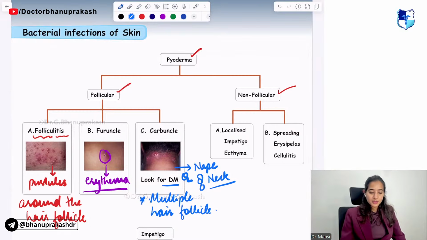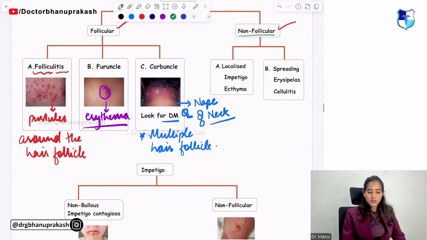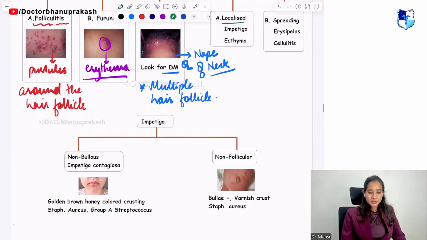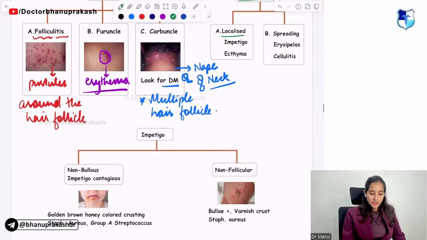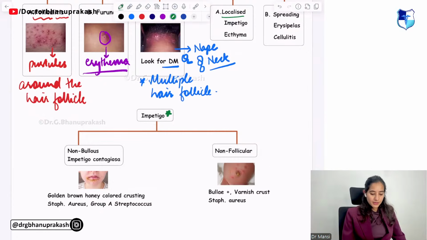Okay, then you can see the non-follicular variants, where it can be localized or spreading. The localized ones can be impetigo and ecthyma, and the spreading ones are erysipelas and cellulitis. So when we discuss impetigo, we should know two variants, and let us discuss the non-bullous one, which is also